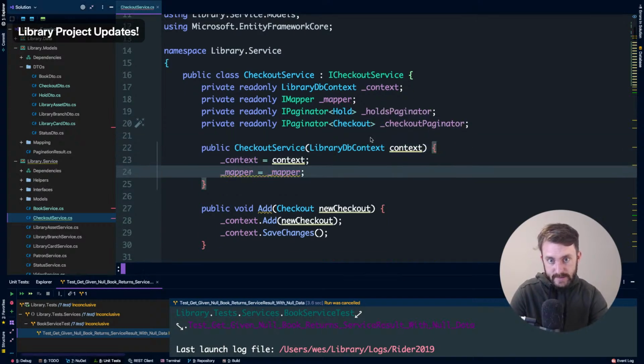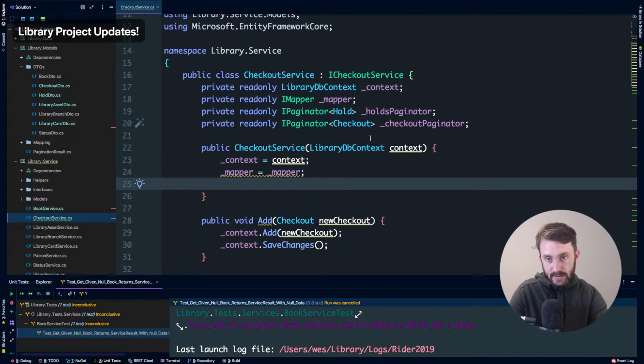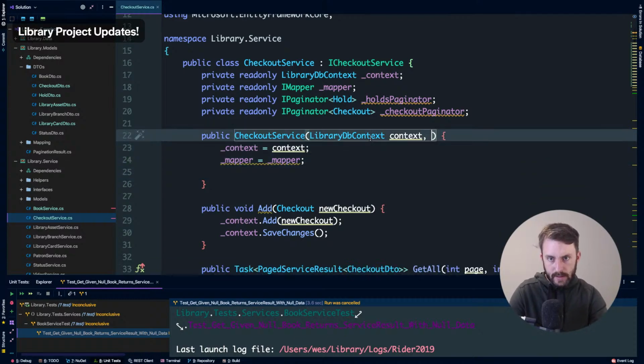Sometimes when you're working on classes like this, you can feel them start to split across responsibilities. All right, so we need an AutoMapper,